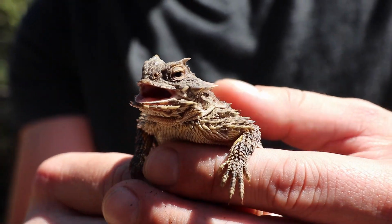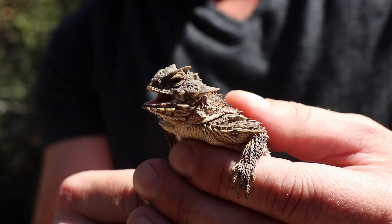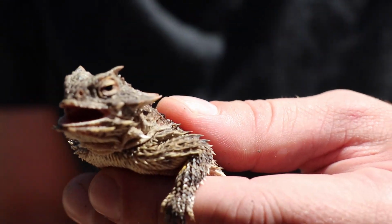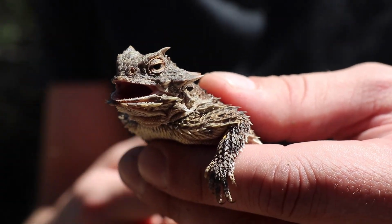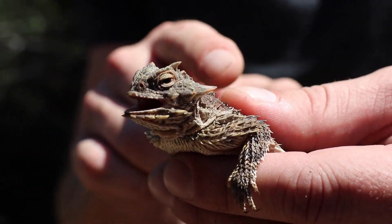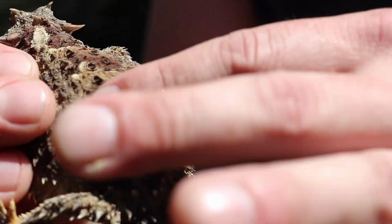As you can tell, he was pretty easy to catch, and that's because they're really slow. They don't rely on speed to escape predators. So because of that, they rely on a lot of other adaptations that let them get by and not get eaten by animals. So to start with those adaptations, as you can tell, he's really studded with all these horns,